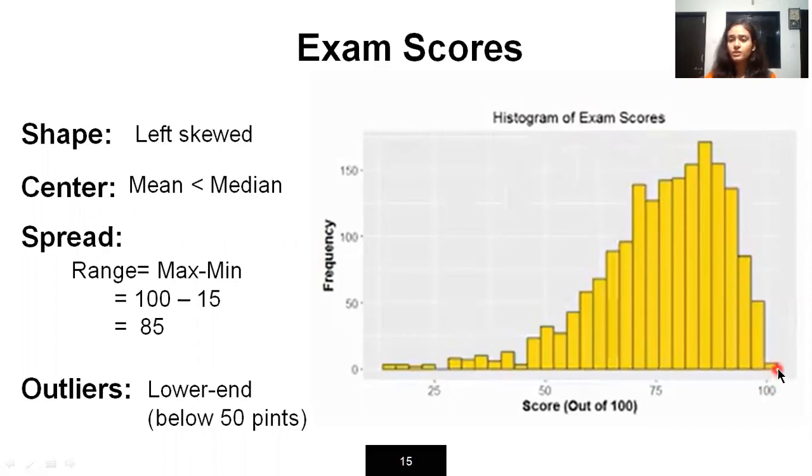There are only a few students who get 100 out of 100, and only a few students who fail, getting only 15 marks out of 100. I will call this part the outliers. From this frequency distribution, you can identify that these students' scores are very good in comparison to some other universities. If you want to compare, you can compare like this. So this is what the graph is telling.